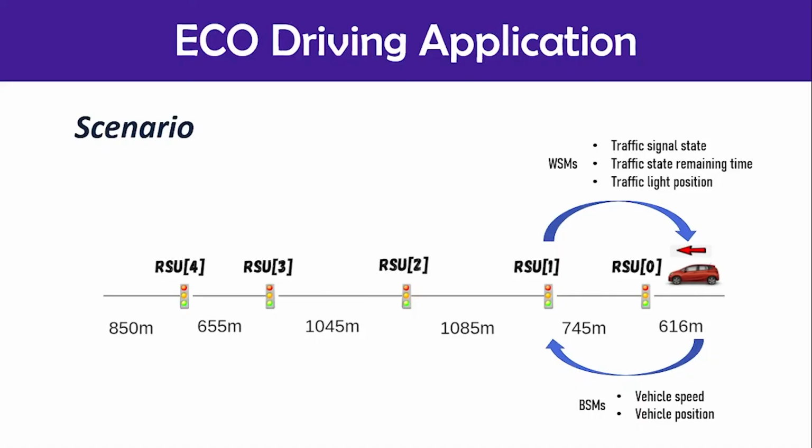Another application is the eco-driving application. This application is implemented on our simulation platform to see the behavior of vehicles with eco-driving and human driving. A 5 km single lane straight road is considered as the road map, while 4 traffic lights are implemented randomly at a distance of 616 meters,